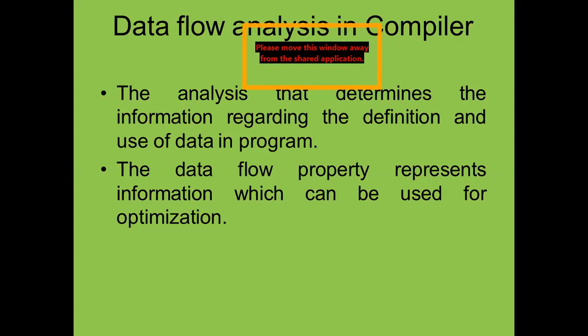Ultimately we can enhance the speed of the compiler, and the memory occupied by the source program will reduce, and everything depends upon the memory utilization. If any program or source code occupies less memory, ultimately it enhances the speed of the compiler and makes a more efficient compiler. These are very important terminology which we use for the purpose of optimization, and optimization also involves a number of techniques.